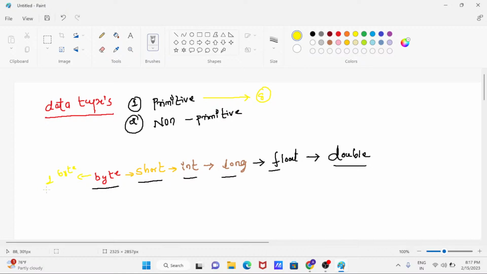Now whenever I want to store one number, say number 1, which data type can I pick? Byte is enough, right? It is a lower range data type, so why should I take a higher range data type? Why should I waste memory? So byte is fine. Suppose I take one data type, called long, for storing only one single value. Is there any problem here? Any problem?